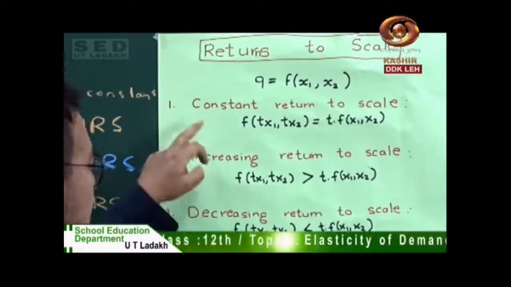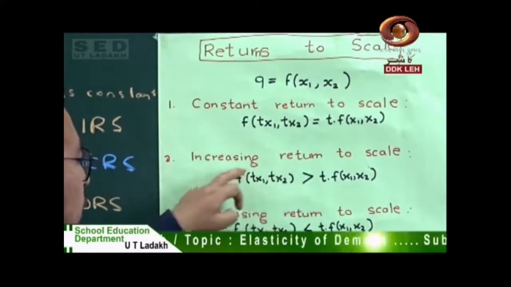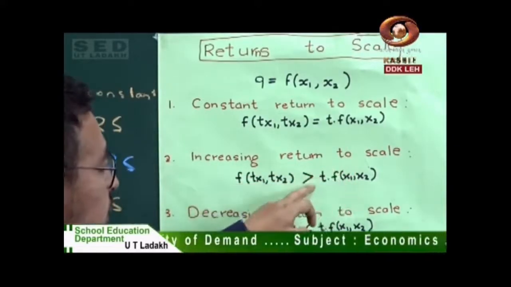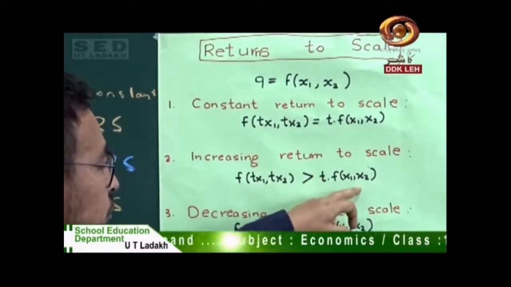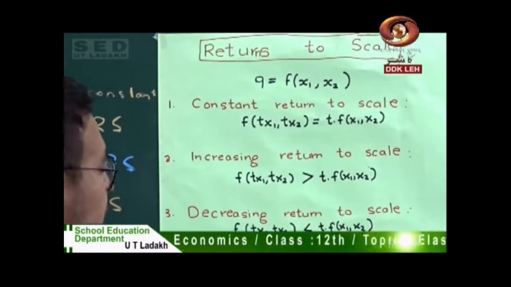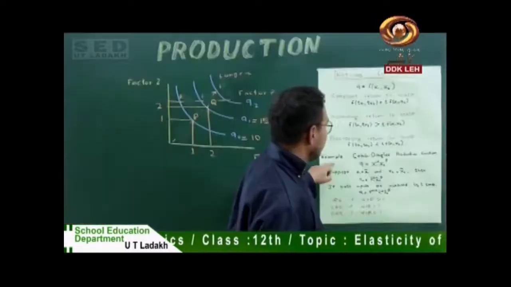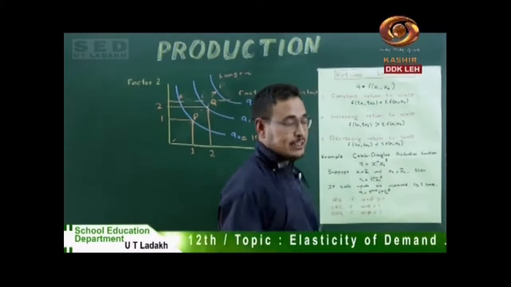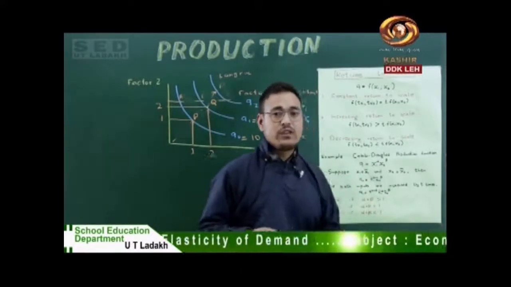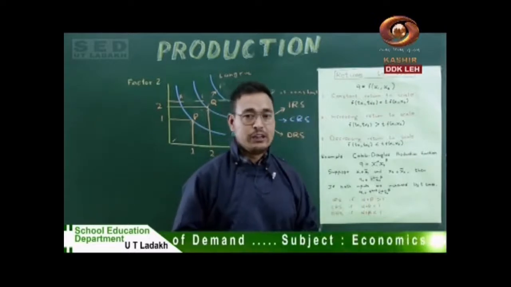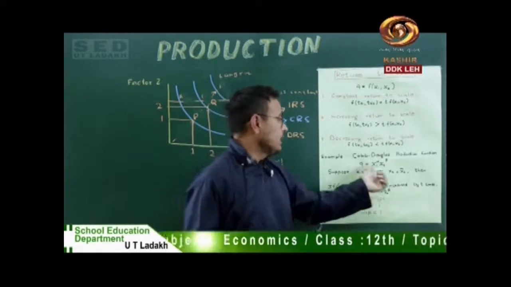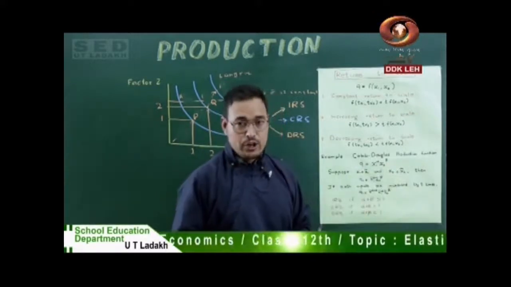In the second case, now you have doubled your input but the intensity of output is much larger. So this represents your increasing return to scale, and this represents your decreasing return to scale in the same manner. An example is again in the book, in your NCERT book, where your Cobb-Douglas function is given. Again, we have different kinds of production functions. We have the log linear production function, we have the linear production function, and this is the case of the Cobb-Douglas production function,